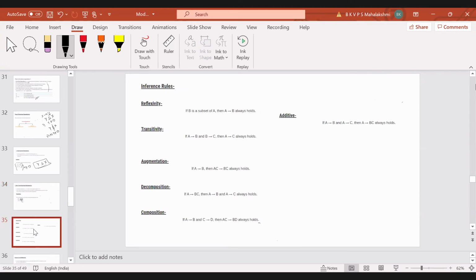So these are the properties. Remember this property here. Actually in 3NF, we can identify whether a relation is in 3NF or not using the transitivity property. If A tends to B and B tends to C, then A tends to C always holds. Why am I saying this? We'll discuss it after we have finished the discussion about the second normal form. Remember this.